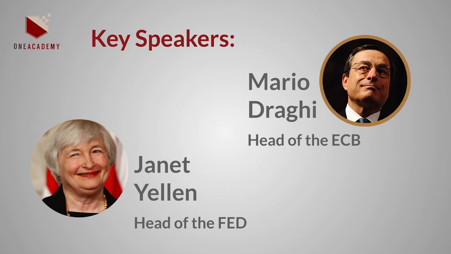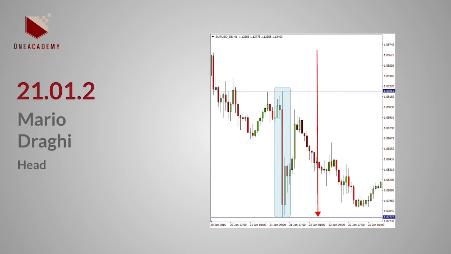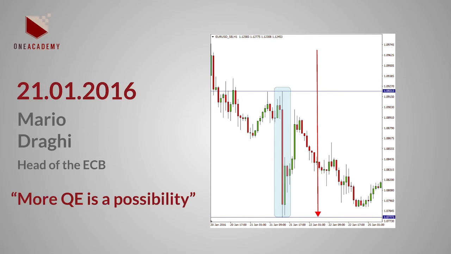Especially lately, with weak growth and a debate of whether the economies are ripe for an interest rate increase, speeches of these policymakers are always what traders focus on. This is what testifies that although the markets tend to be affected by a mere 20% due to fundamental moves, this 20% normally accounts for big swings. Here is an example on the 21st January 2016 when Mario Draghi indicated that there was the possibility of more